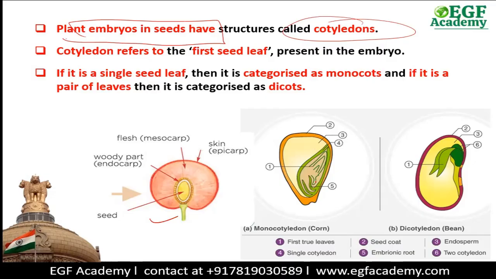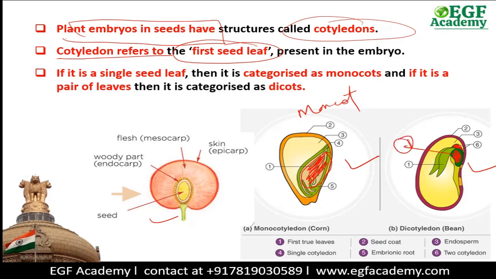So this is the seed. Inside these seeds, the cotyledon refers to the first seed leaf. This is a seed and this is a seed. This is the monocot seed. Inside this monocot seed, you can see this is the single cotyledon. That's why it is called the monocot. In this dicot, you can see two cotyledons. This one is one cotyledon and this is the second cotyledon. This is one and this is two. So this is dicot. So inside a seed, how many cotyledons are found there? One or two. According to that number, these can be of two types, monocot and dicot.